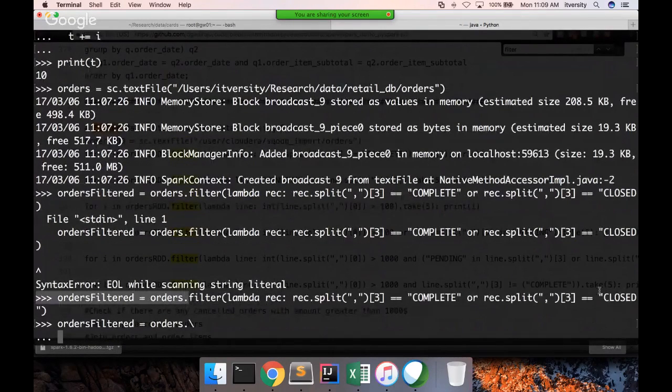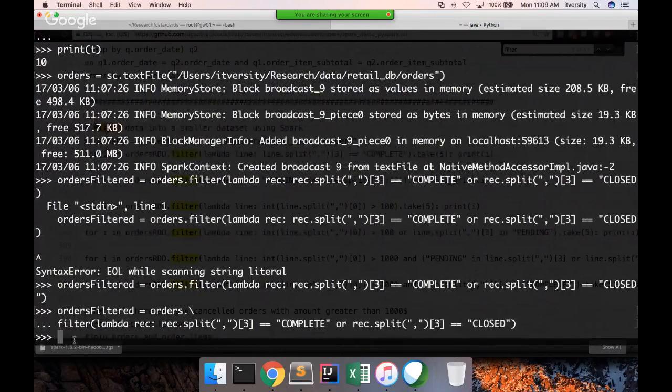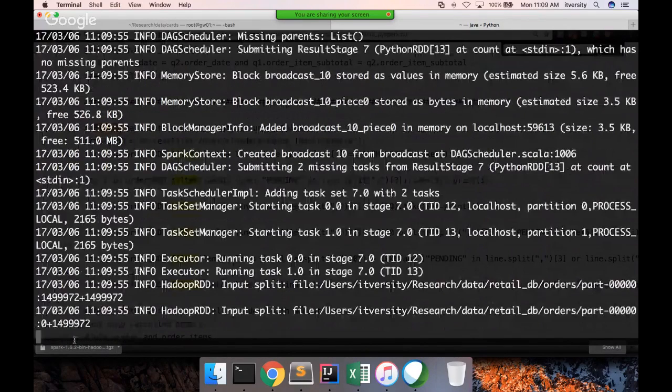Don't indent. If you indent, it will be treated as part of an if construct or while construct or for construct, and it will fail. So when you do the line break, don't indent it the way we can do it in Scala. Okay. Now we can actually say orders.count to get the number of orders, and orders_filtered